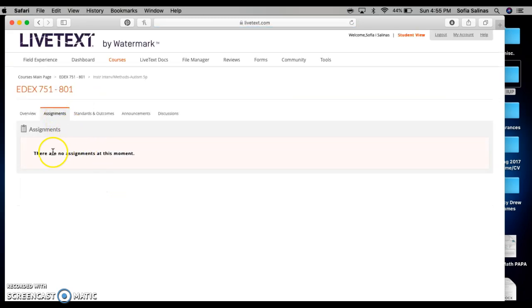The assignments, obviously, Dr. Majanka does not have anything specifically for us to submit on here, so it won't show up. Dr. Shields may or may not have that. I can't remember. But what I do is I go to File Manager,